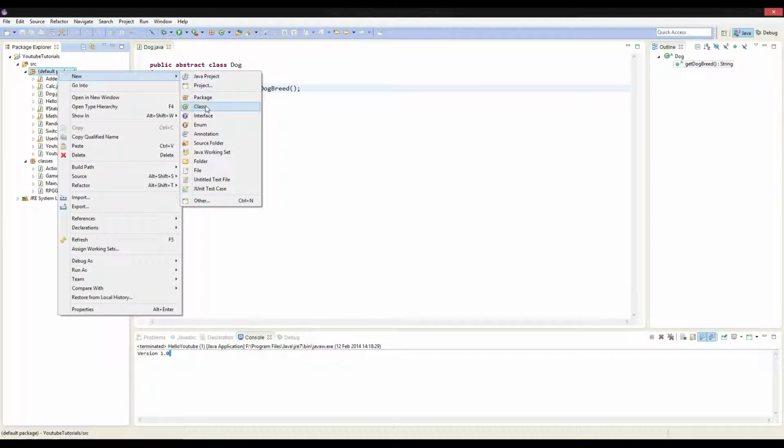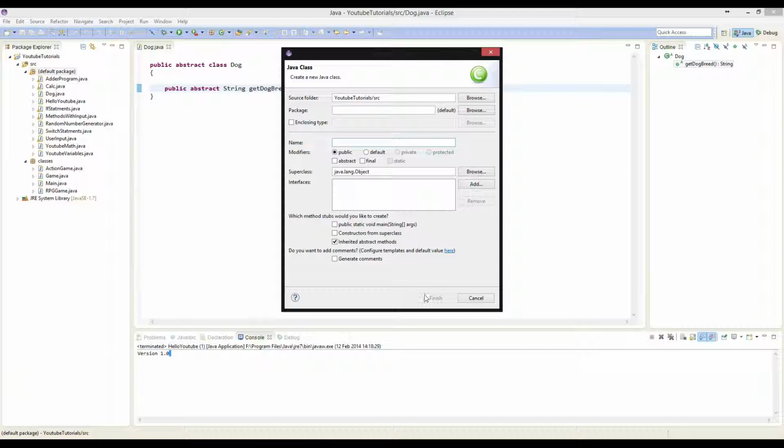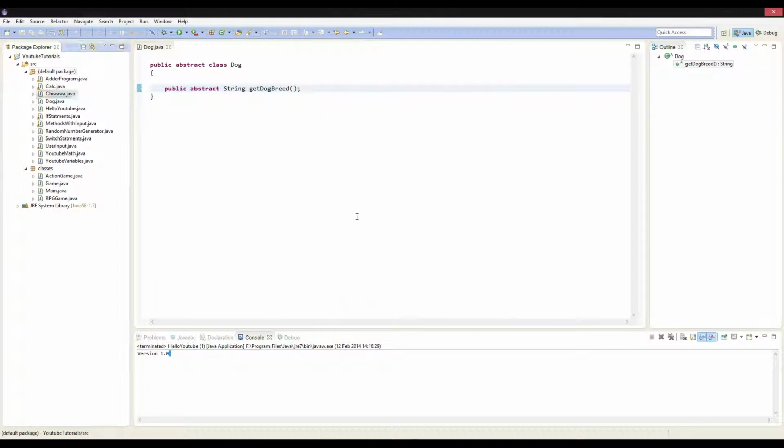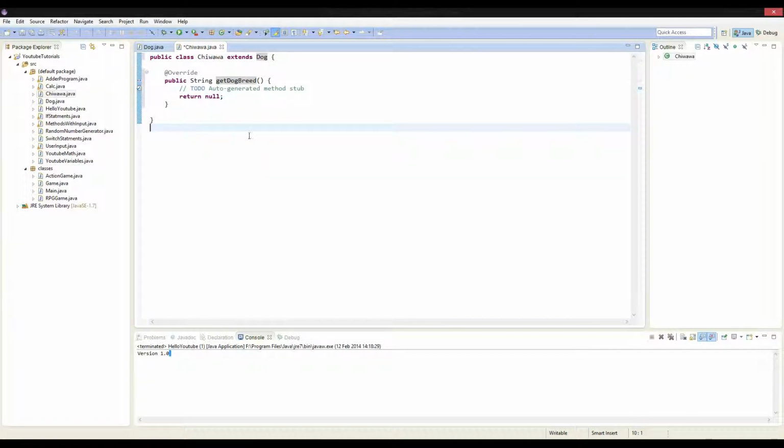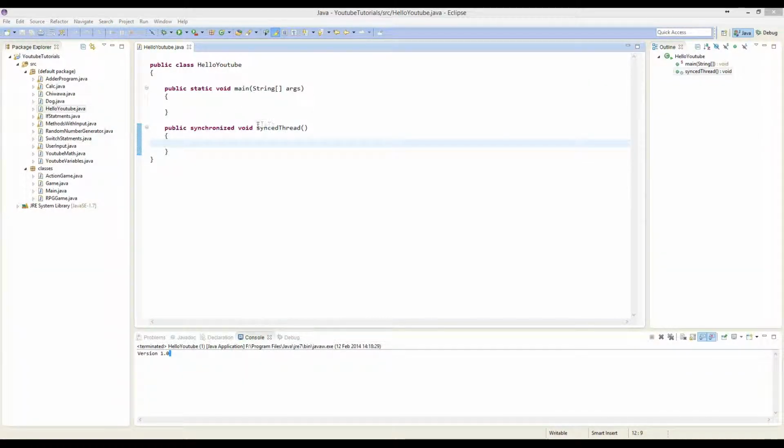So for example, if we wanted to make a method that is synchronized across threads, we just say public synchronized, and then we call this synced thread. We also need a return void, nothingness. So if we had 2 threads now accessing this synced thread, let's say thread 1 accesses synced thread and it gets here, then it stops. For example, if we told the thread to pause for a while,